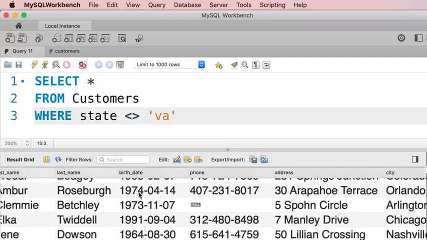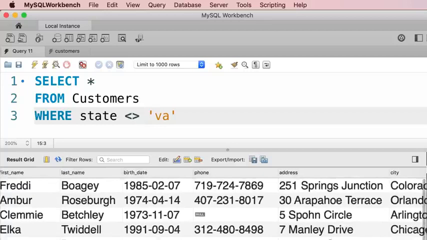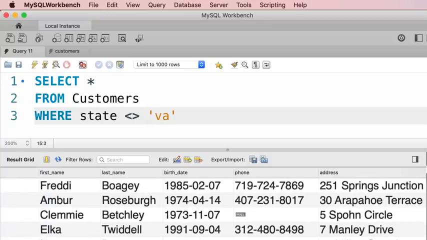Now we can use these comparison operators with date values as well. For example, let's say we want to get only the customers born after January 1st, 1990. So we change our condition to birth date greater than. Once again, we use quotes for representing date values, even though dates are actually not strings. But in the SQL language, we should enclose dates with quotes. So here we type out